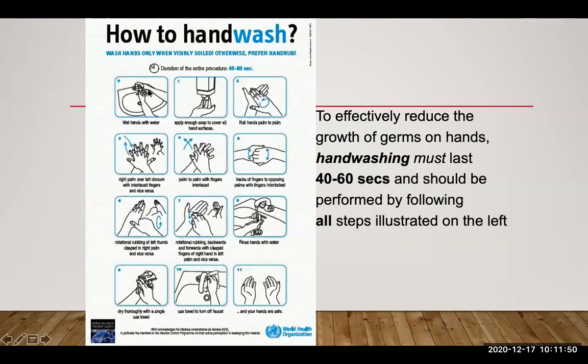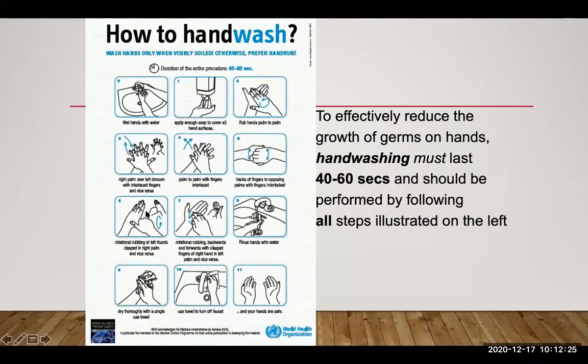You can see first the water is switched on, the hands are made wet, followed by applying the soap, then rub it on the palm, then on the dorsum, in between the spaces of the fingers, and vice versa, and palm to palm, then the back of the fingers, in this direction,